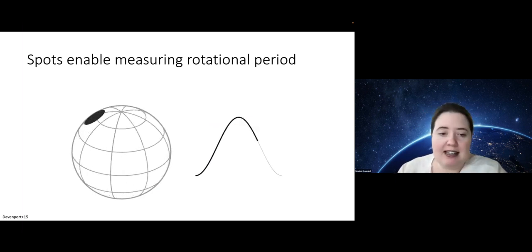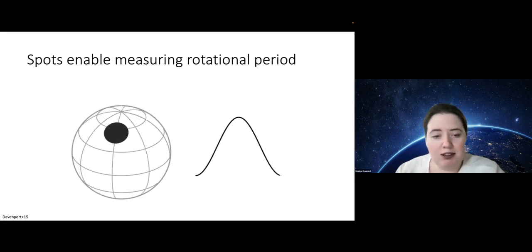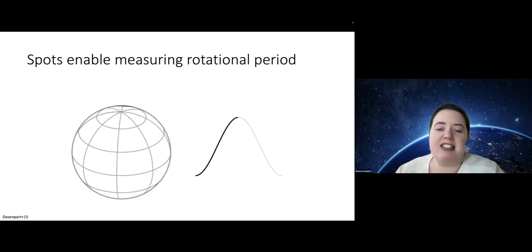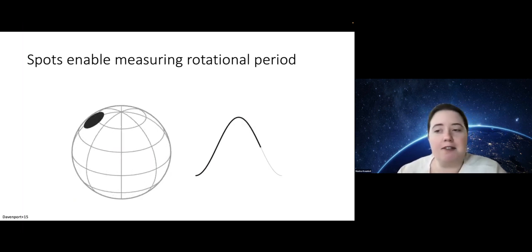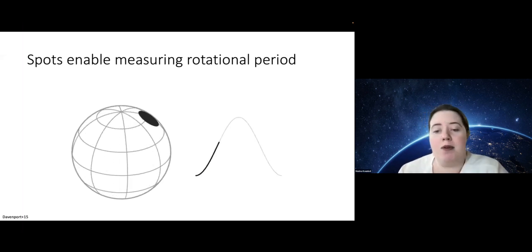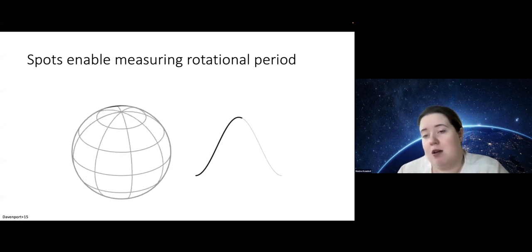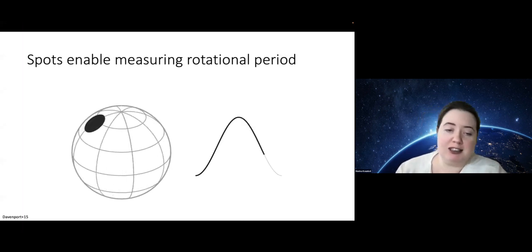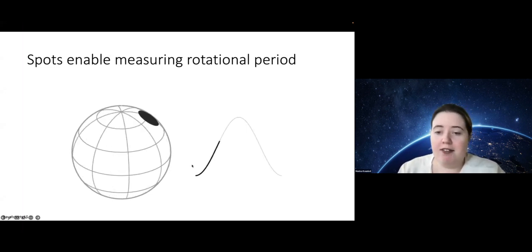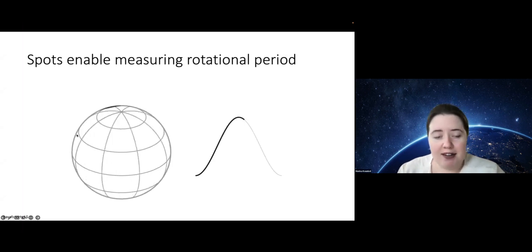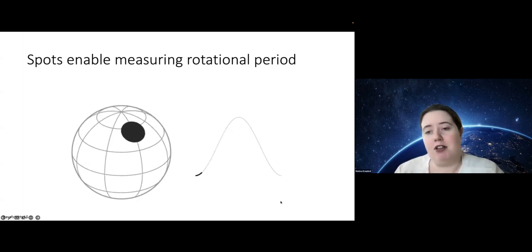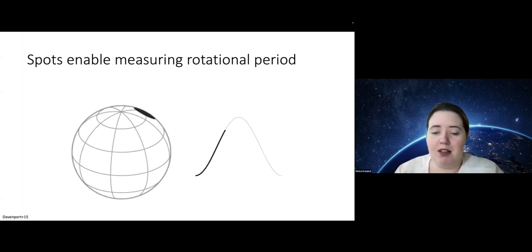I'm sure you've seen a lot of very similar plots looking at exoplanets or eclipsing binary stars. It's the same principle, only a slightly different shape of the light curve, because the spot is slightly cooler than the photosphere of a star. When a spot is facing us, the star is going to be dimmer. When a spot is facing away from us, a star is going to be brighter. So by observing a complete period of the star being dim to bright to dim again, we are able to infer the rotational period of a star.